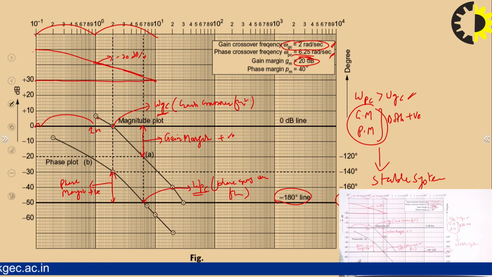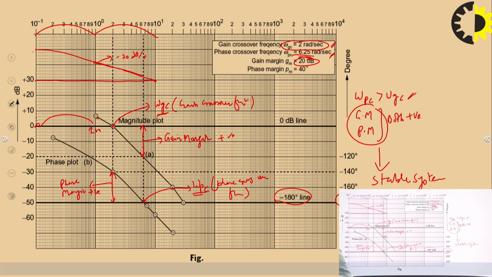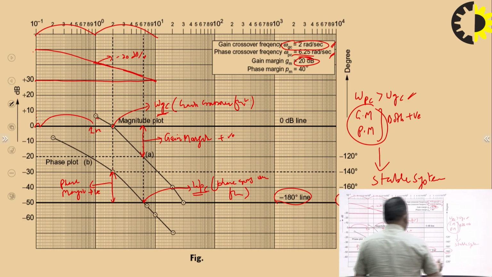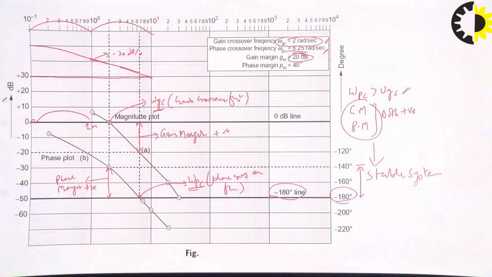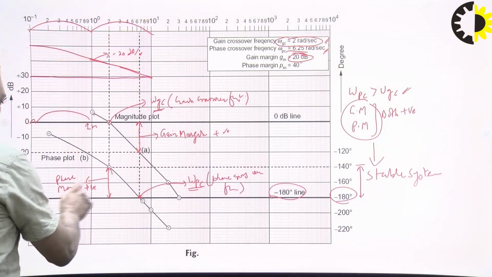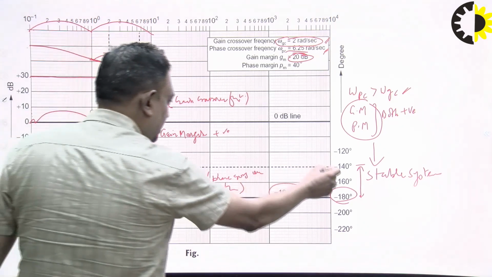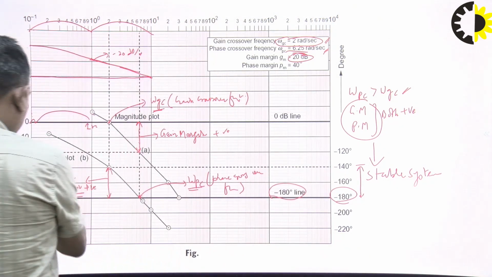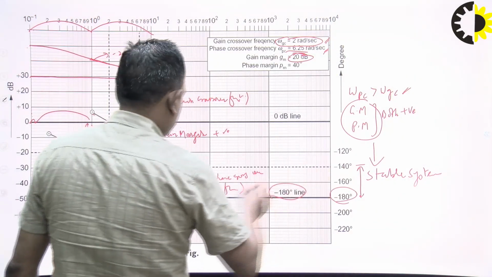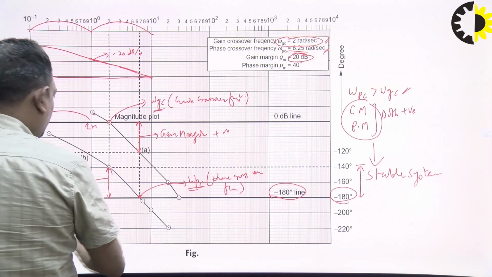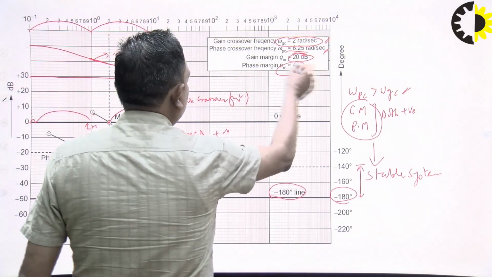So you can see here, it is above the minus 180 degree line, and you are moving here from minus 180 to minus 140. So it means minus 140 minus of minus 180. It means phase margin is positive. So this is, you can see from here over this scale, not over this scale, because it is showing only 20, but here we are taking, so this value is 40 degree. This is the 40 degree.